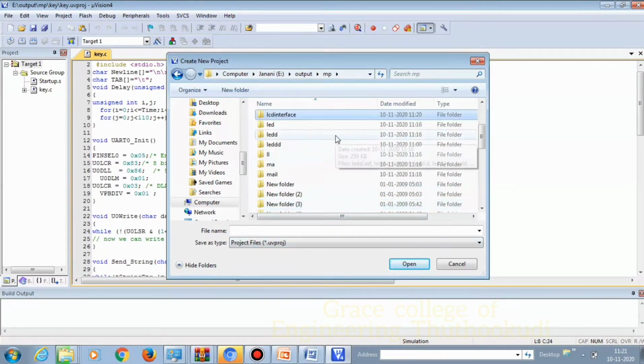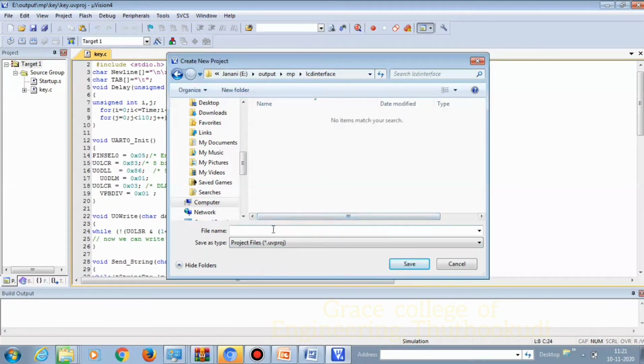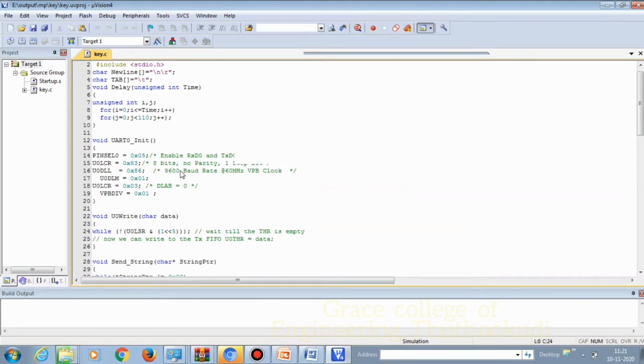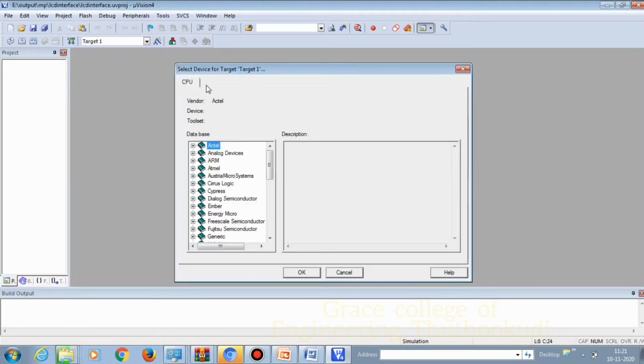Now click the folder LCD interface and give the file name as LCD interface. Then give save. Now the new project will be created.